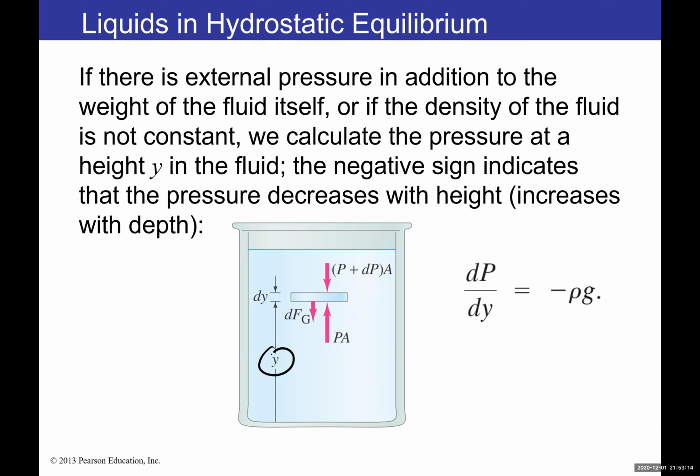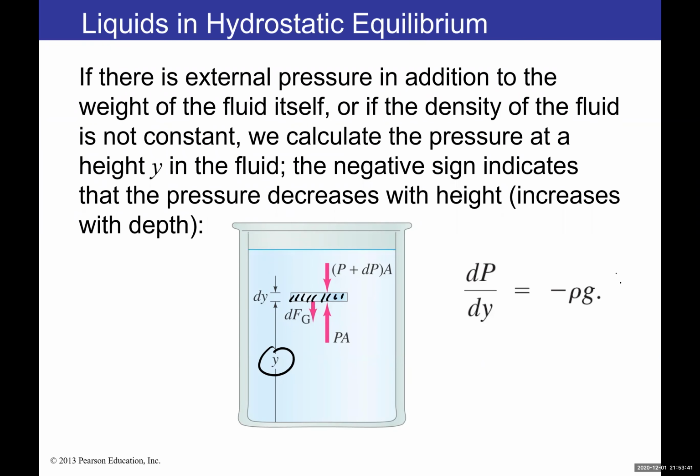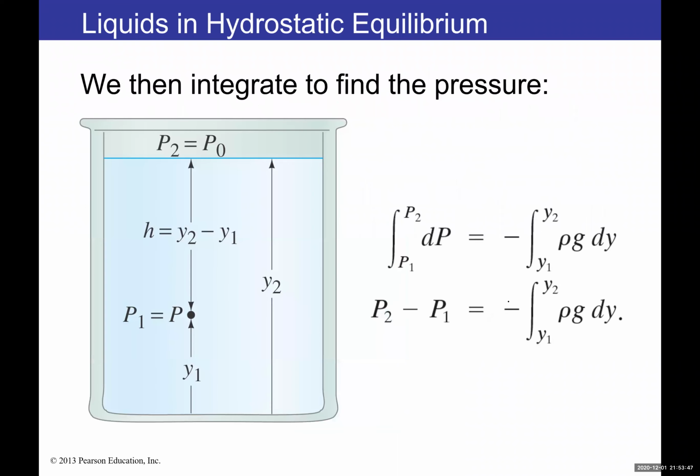that means that the density is not constant. Then what we have to do here is we choose some kind of sample size and say dP/dy. So the rate at which the pressure is changing is equal to negative rho times g. All right. And from here, what we have to do is integrate both sides. So first of all, multiply both sides by dy, cancel this. So then we have dP equals negative rho g dy,